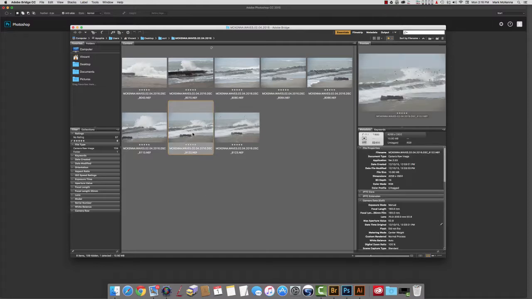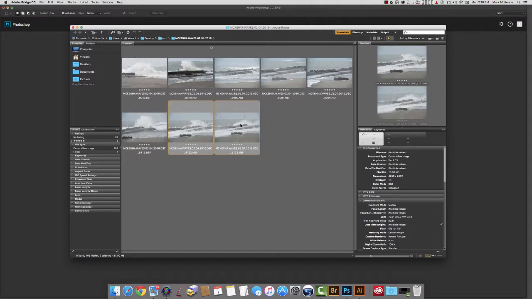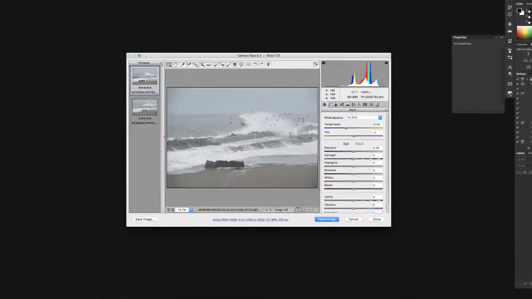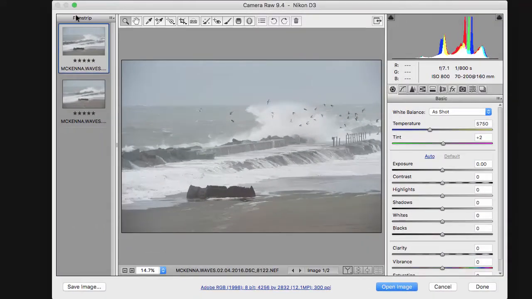So I'm going to select these two images by clicking on the first one and then holding down the Command key while I click on the second one. Now instead of double clicking on these with the mouse, I'm actually going to hit the keyboard shortcut for open in almost all Adobe programs, which is the Command key and the letter O. Now instead of just having one image over here in my film strip, I have two,